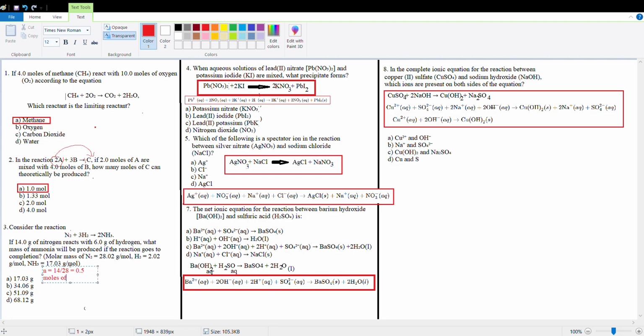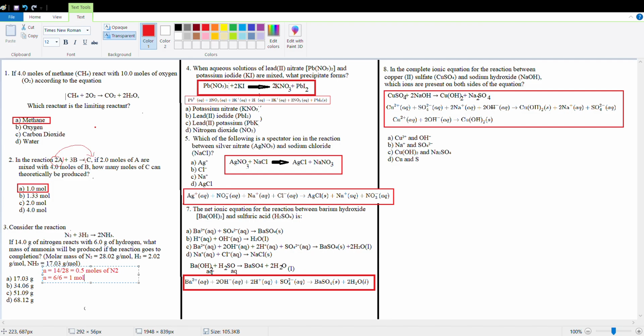Then I calculate the moles of hydrogen. So the number of moles of hydrogen is equal to mass, 6, divided by 6, because 3 times 2 is equal to 6, so that will be equal to 1 mole